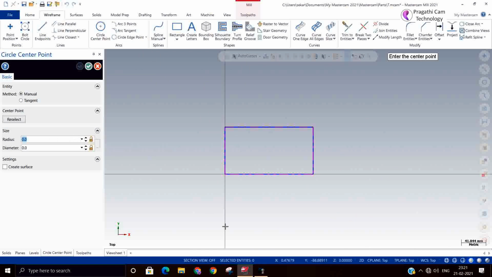So I will make some holes here. 10 holes. Two holes I made. Next, 6 holes. Okay, 1.6 dia hole.